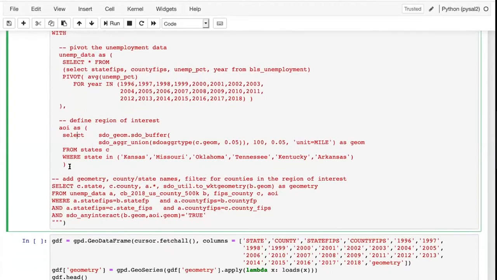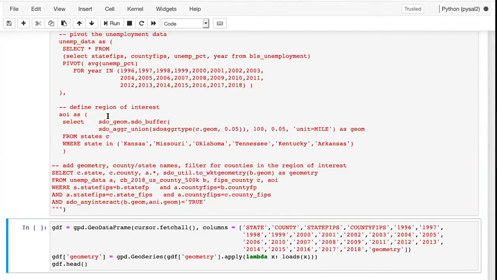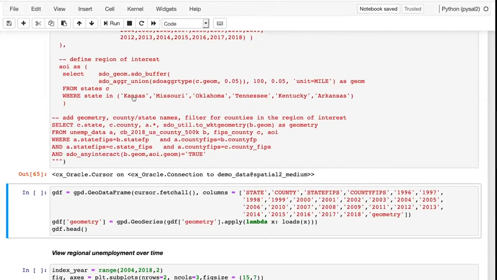And then I'm going to run, using those two, a spatial query, which is going to do the spatial relationship of the counties to only get the ones that are within that area of interest that I have. I'm also going to grab the state, join to the lookup table to get the state names. And then I'm going to bring back not just the geometry of the counties, but this spatial function that provides it in the format that Python can read readily. So with this one query, I'll run that, and now I've got a cursor that I can look at some